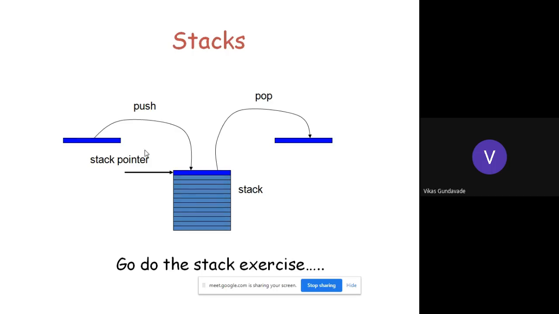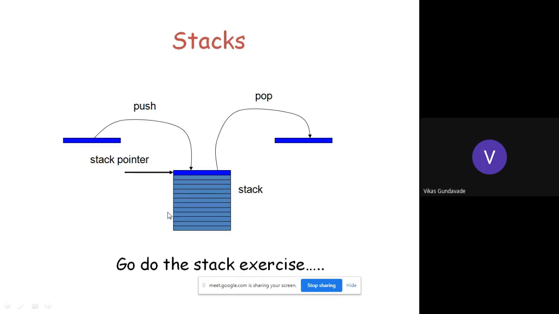Then the contents of the program counter will get stored into the stack. First the lower address gets stored, then the higher 8-bit address. Before storing, the stack pointer is decremented by 1 and the data gets stored. Again the stack pointer is decremented by 1, then the data gets stored, and so on.